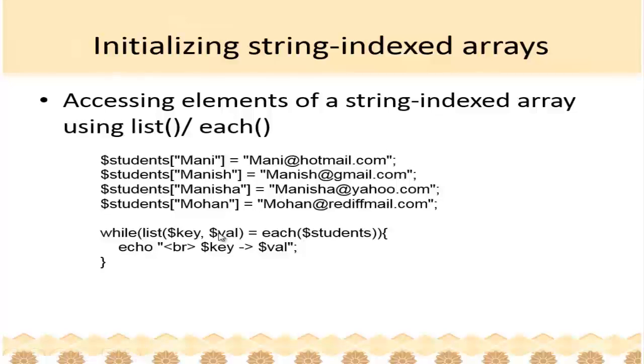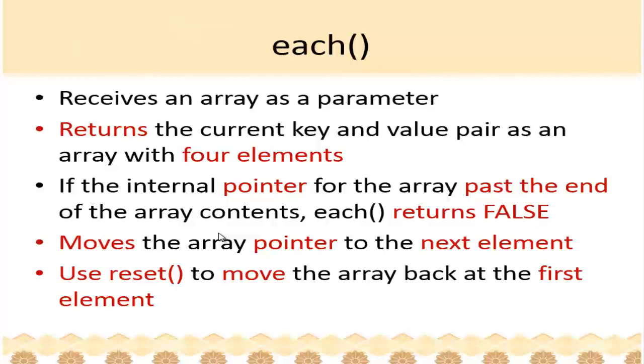So it will return the values in the same order in which they are stored in the array. So let's look at this function in detail. The each function returns the current key value pair, and there are 4 elements within it. Every time it retrieves a value from the array, the internal pointer within the array will move to the next element. If the internal pointer points past the end of the array's boundary, then if you call each after that, every time you call it, it's going to return false, indicating it cannot fetch any more